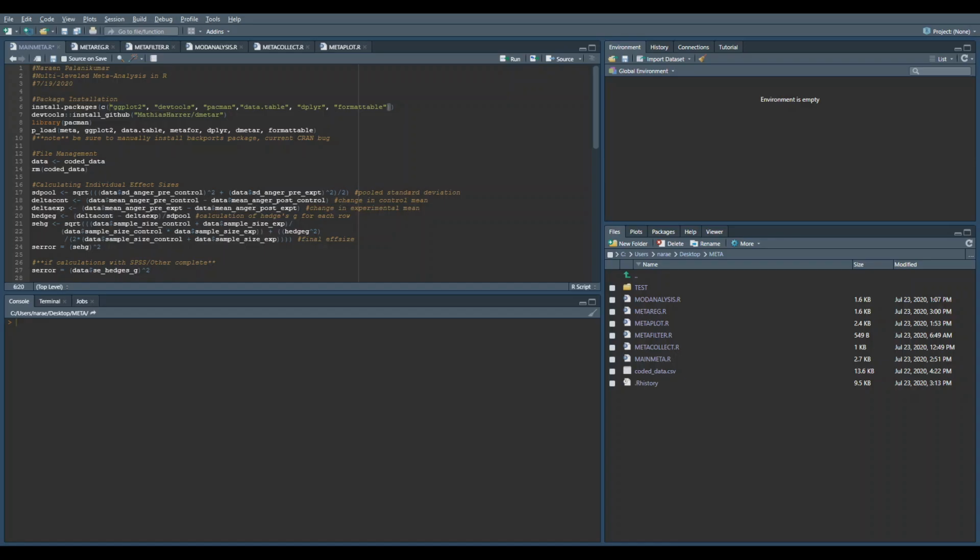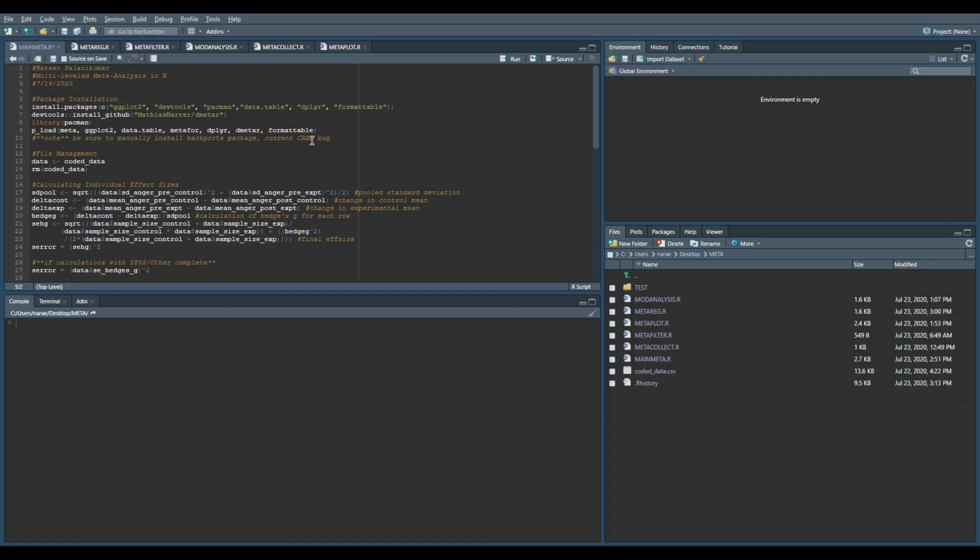Okay, so moving on, our focus now will be to conduct the analysis part of meta-analysis in R. And as you can see here, we have sort of a template that with minimal modification can be applied to pretty much any meta-analysis, given that the data has been coded and put into a table. Okay, so looking at this code here,